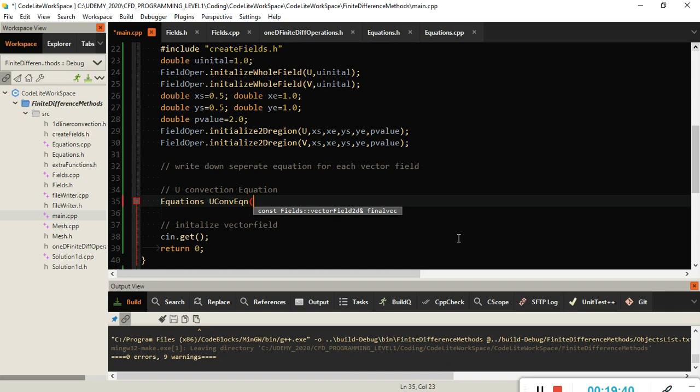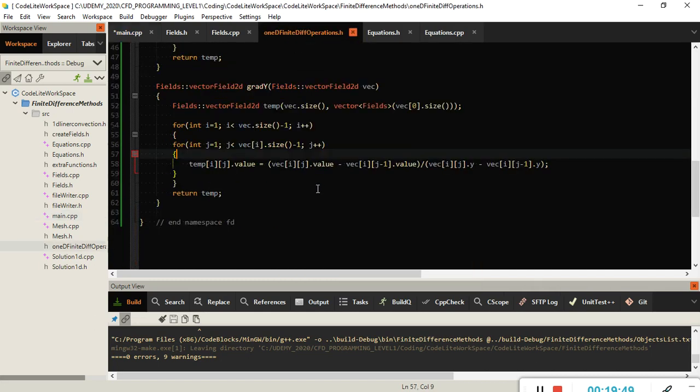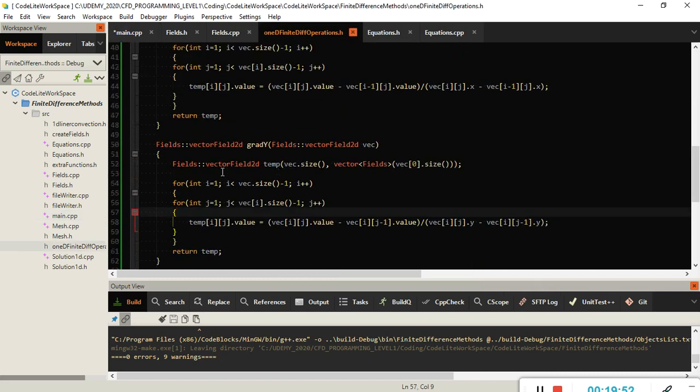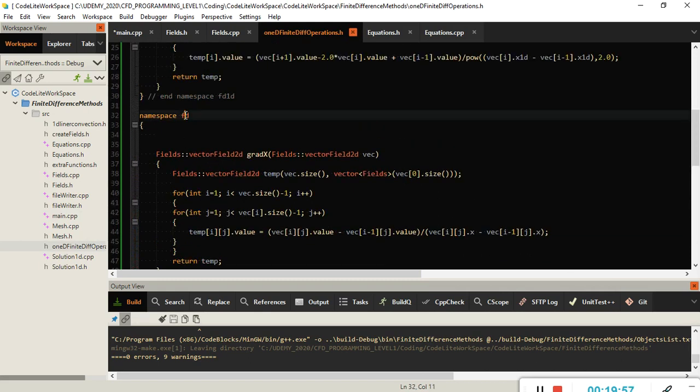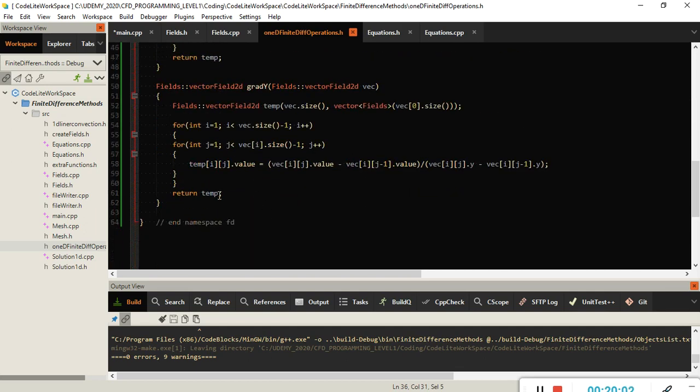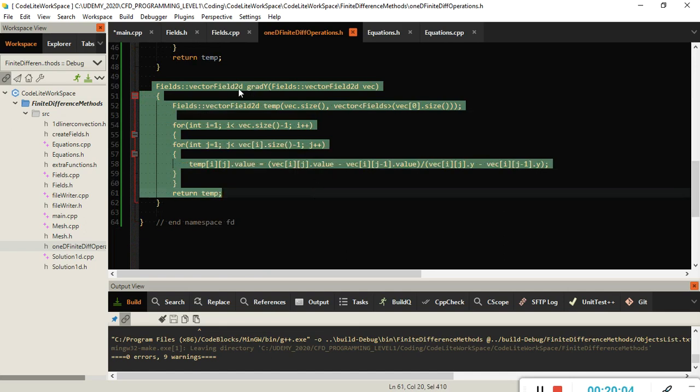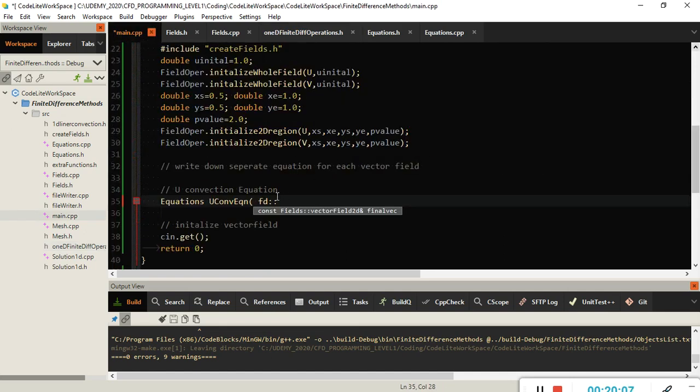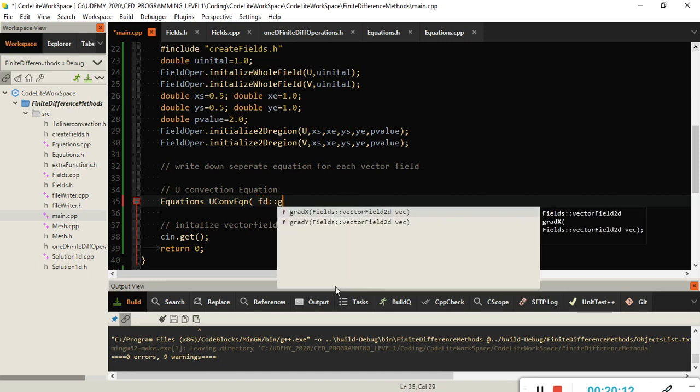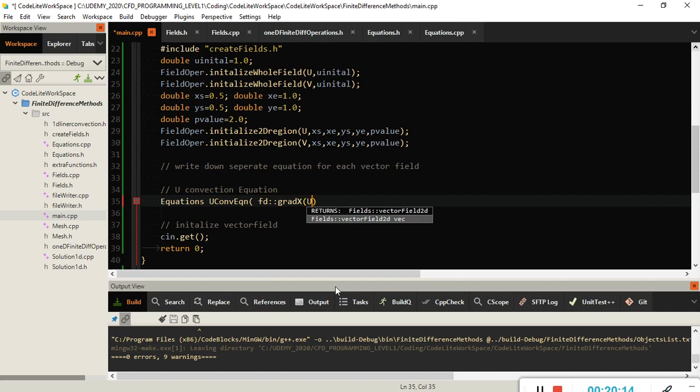Okay, so here we can take, under the namespace FD, the finite difference operations, which will be returning to us a vector field 2D. So if you write FD and write grad x, it will return to us a vector field 2D. So can we call this in the constructor? Of course we can. So fd grad x of u,